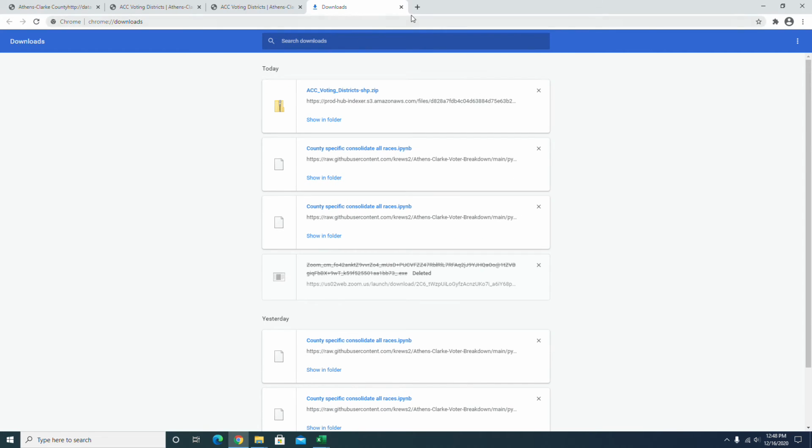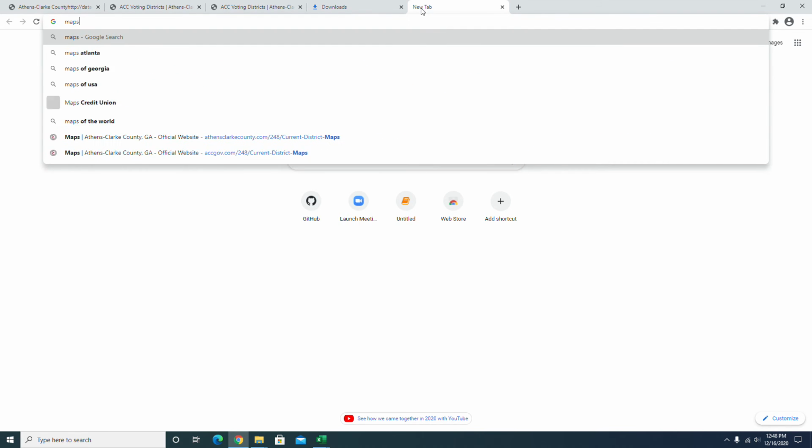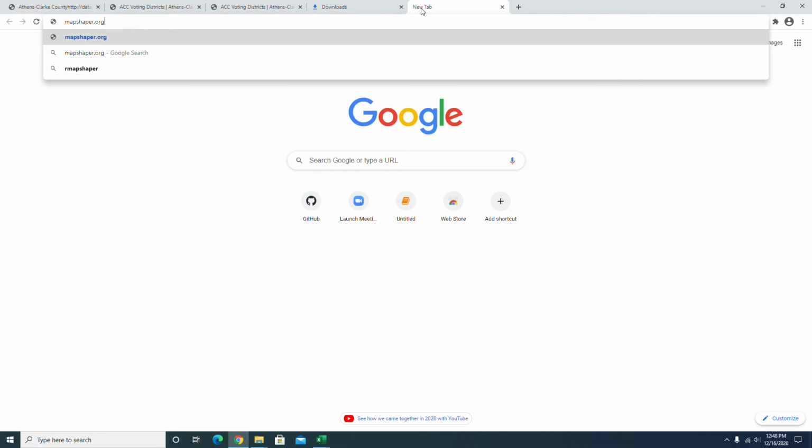Great. Now, in order to do the visualization in Power BI, we need to convert this shape file into a topographical JSON file. And this is a very easy step, so don't get overwhelmed. But it's necessary, otherwise, you won't be able to do the visualization. So go to this website, mapshaper.org,